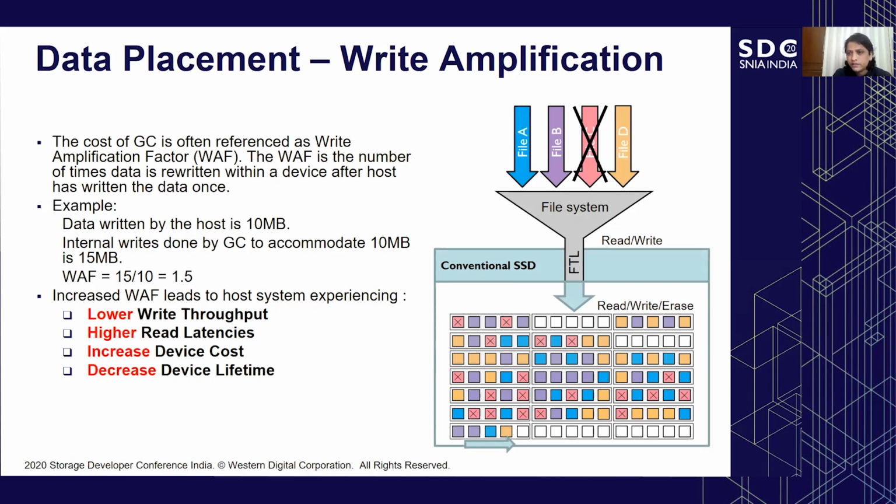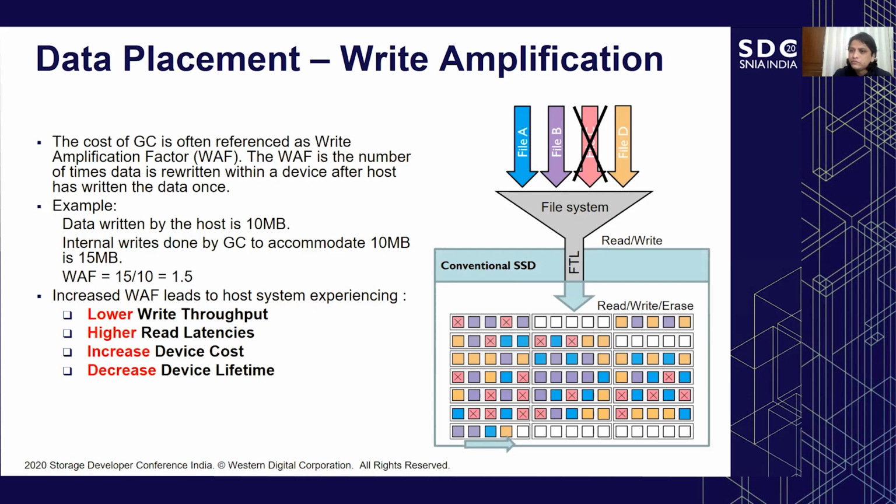And higher read latencies, like I explained again, because of these activities, read latencies shoot up. And increase in device cost, because we are doing a lot of over provisioning, and that NAND also has to be paid for. And decreased device lifetime, because garbage collection is doing a lot of PE cycles on these erase units,